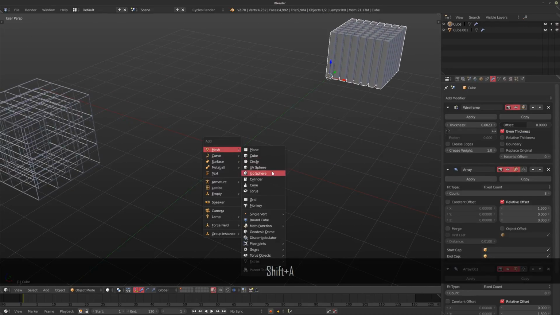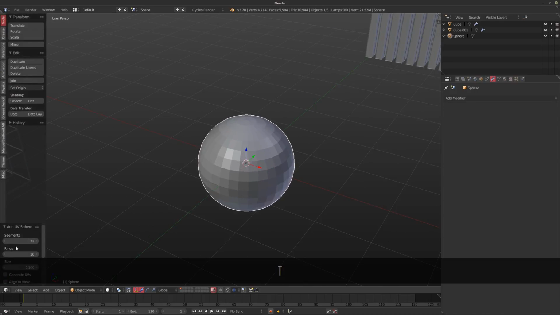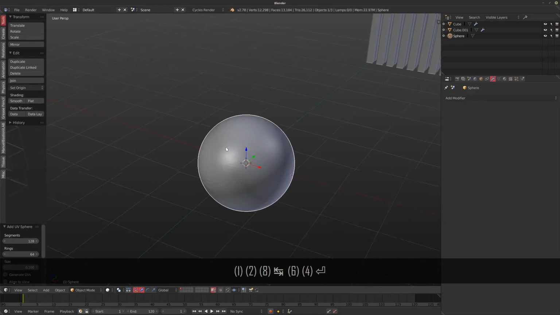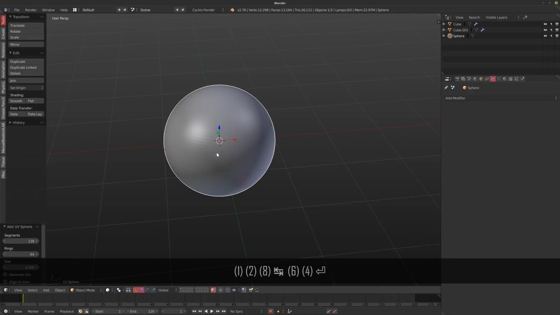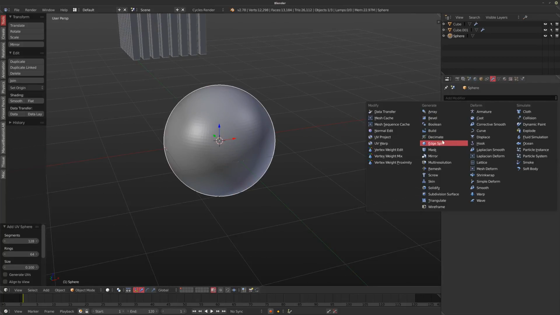So here is one of the last ones. I'm going to create a UV sphere here, and I'm going to subdivide it a little bit more extreme, but that way we get something interesting to work with. Another one that I really, really like using when it comes to modifiers is if I grab this edge